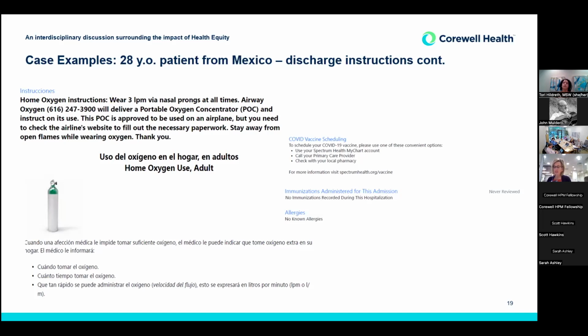Even if she had gained citizenship during this time, there is a mandatory 5-year waiting period for Medicaid. So she would be dead by the time she would qualify for that. If she lost her housing, Tori had shared that there can be a wait list of 5 years for housing in the local area. I'm going to see if we could flip back to one of Tori's slides,